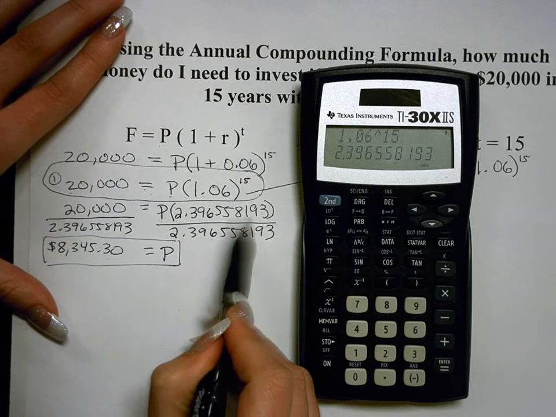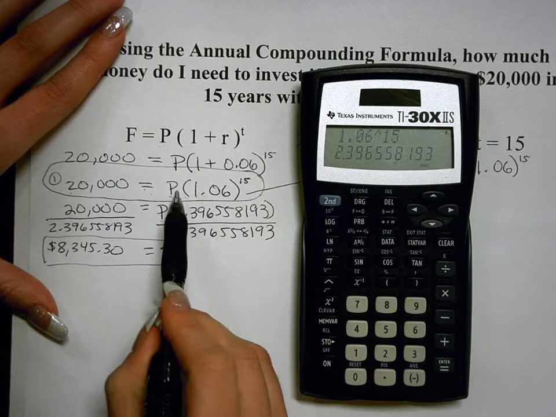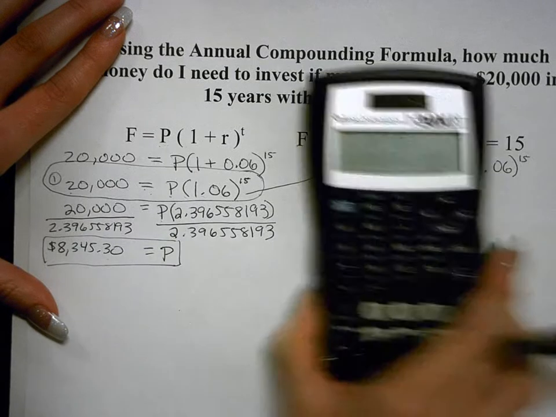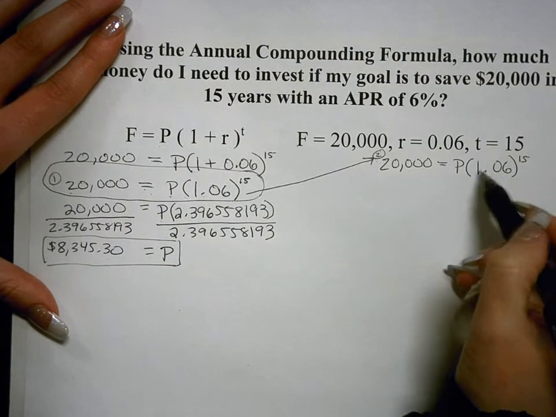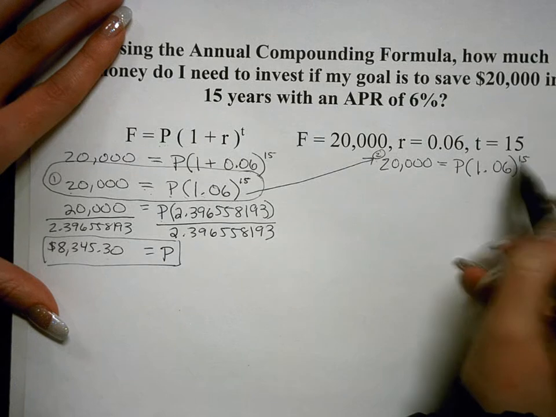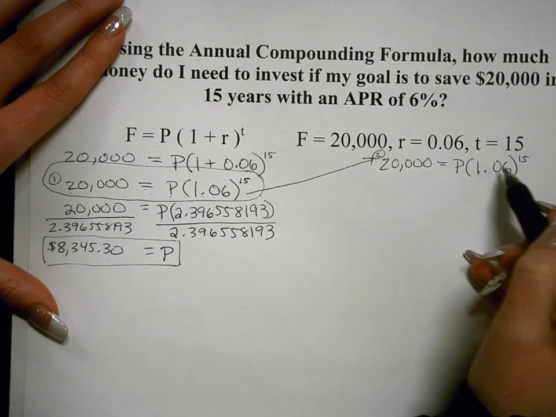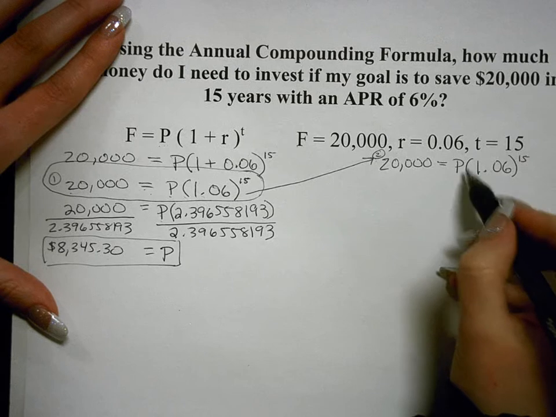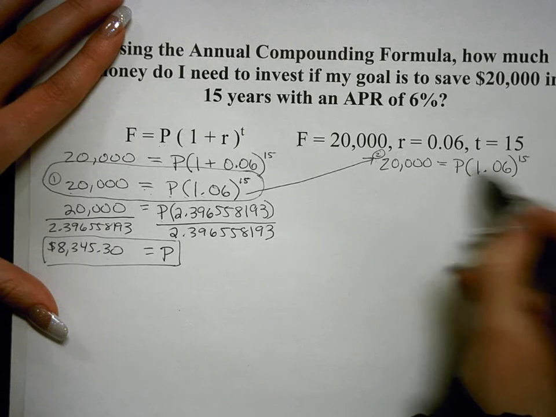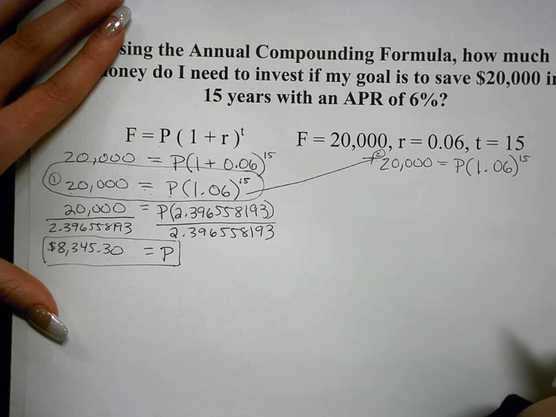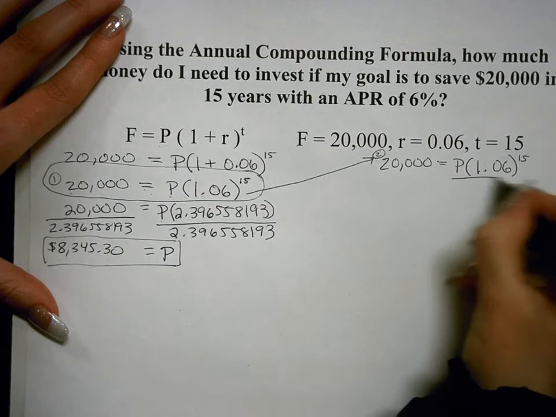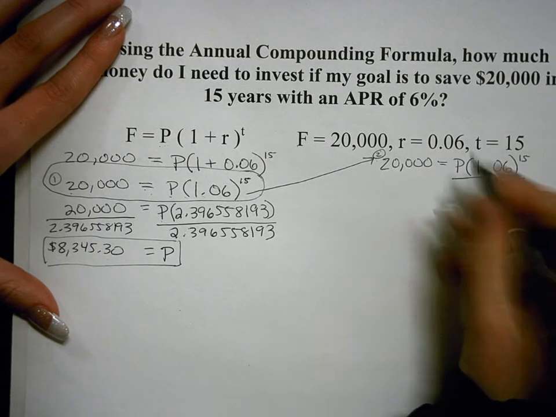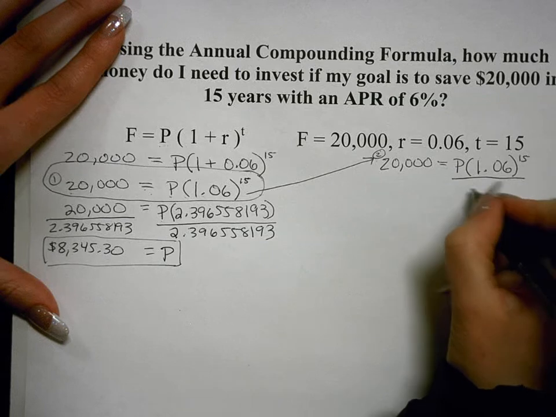So what we have is 1.06 to the 15th power, that big old number, multiplied by P. So one thing I can do, if I want to get P by itself, I know that P is related to this big old long number through multiplication. So I can use the inverse operation of multiplication, which would be division, and I'm just going to divide by